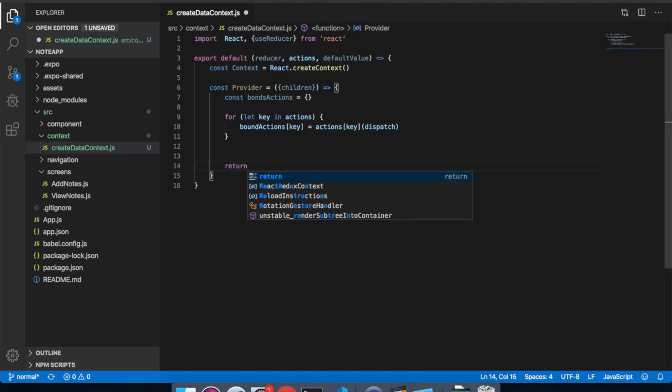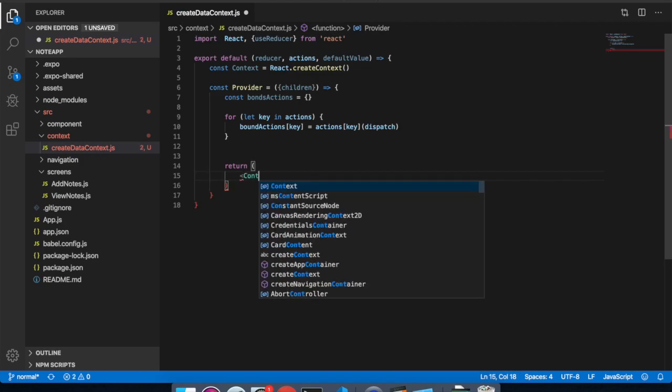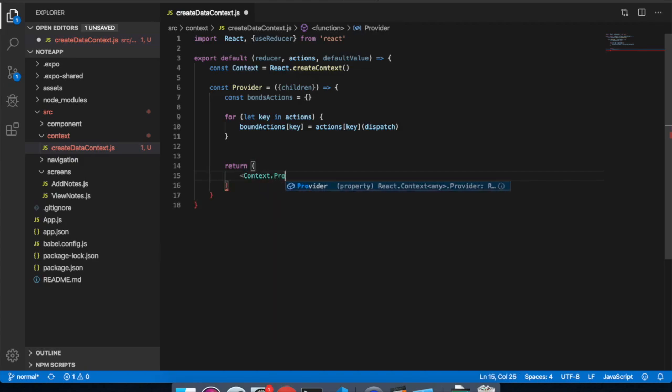Now return Context dot Provider value equals